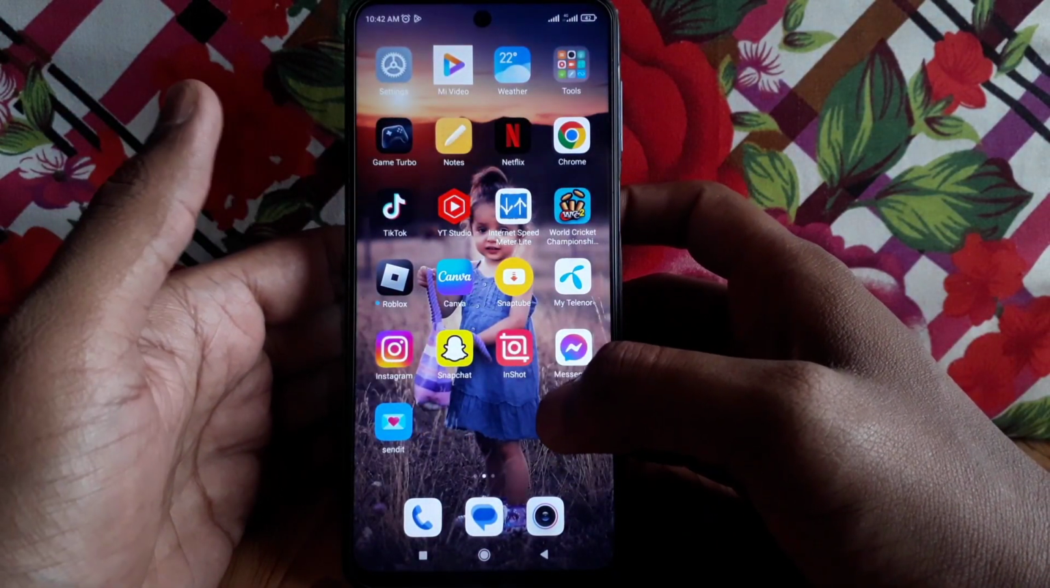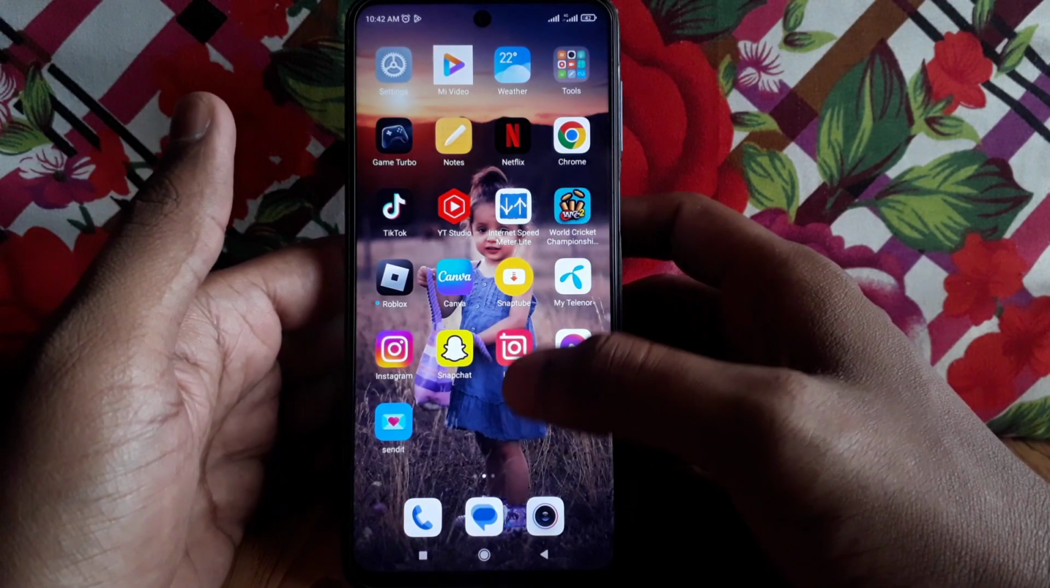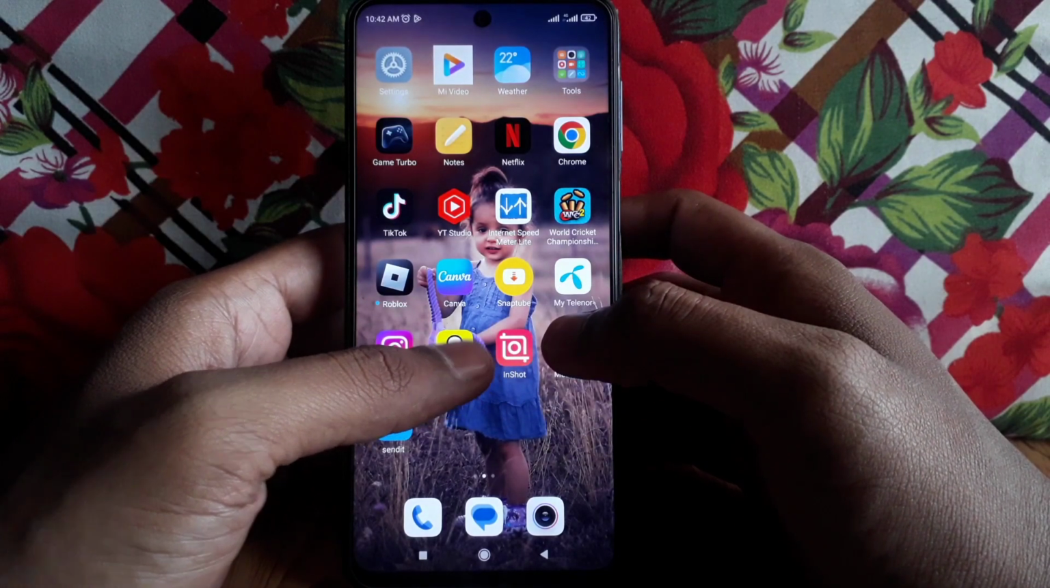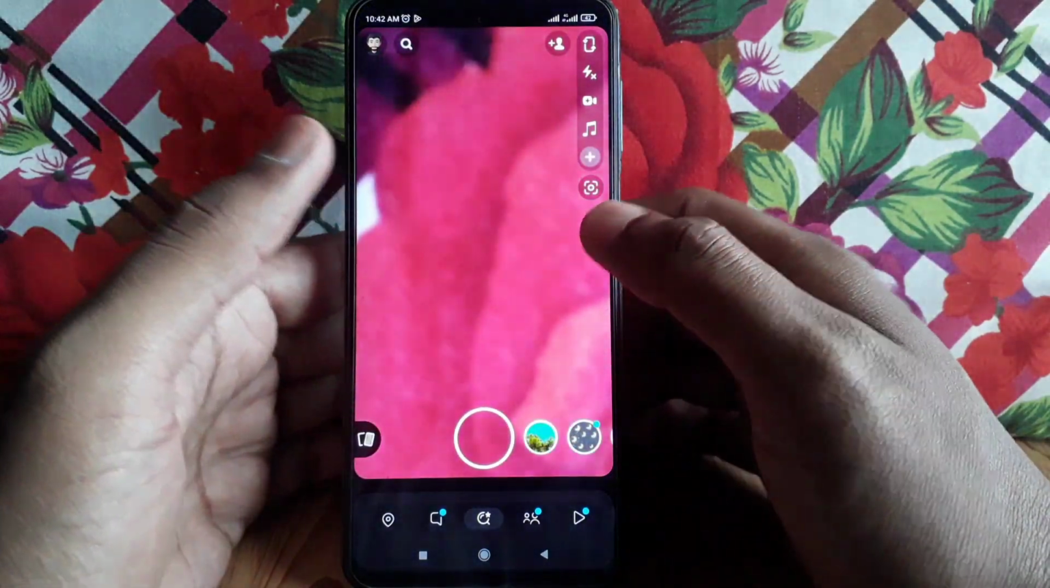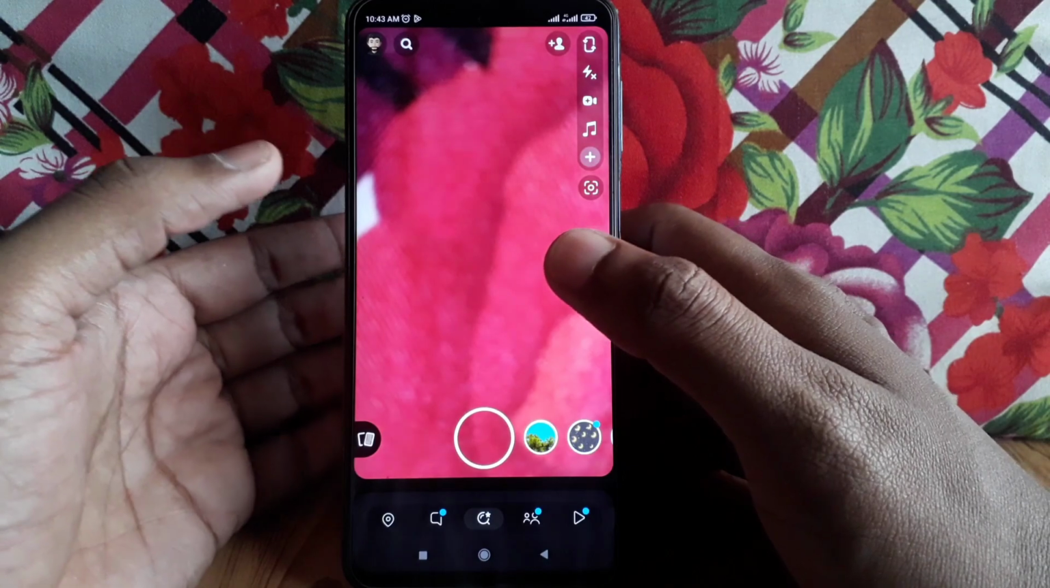Today we're gonna discuss how to make custom stickers on Snapchat. So how you can do that. First of all, you have to simply open Snapchat, and after that what you have to do, you have